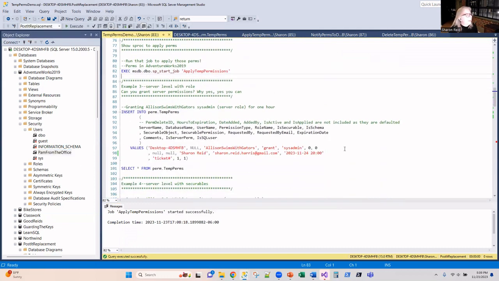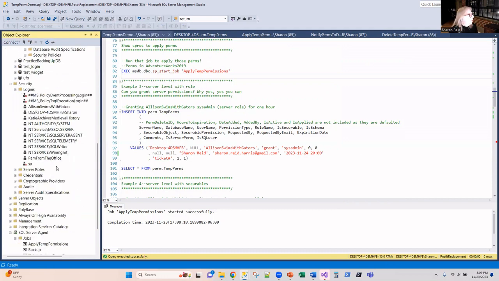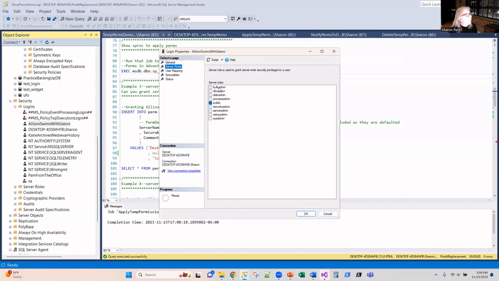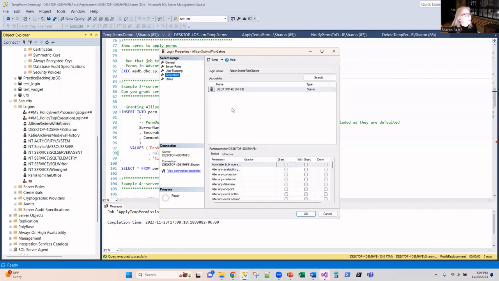Okay, so those are the examples if the database permission is a role or if it is a securable. So now let's look at some server level permissions. If it's a role, and in this case, I am going to grant the permissions to Allison Swims with Gators. So right now, if we open that up, you can see there are server roles, just public, no securables. So on here, it's just connect